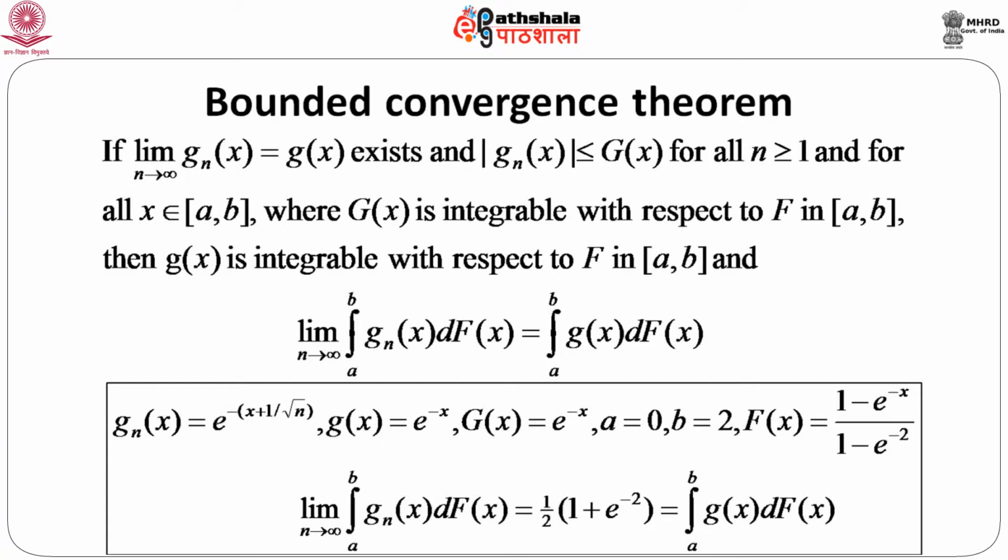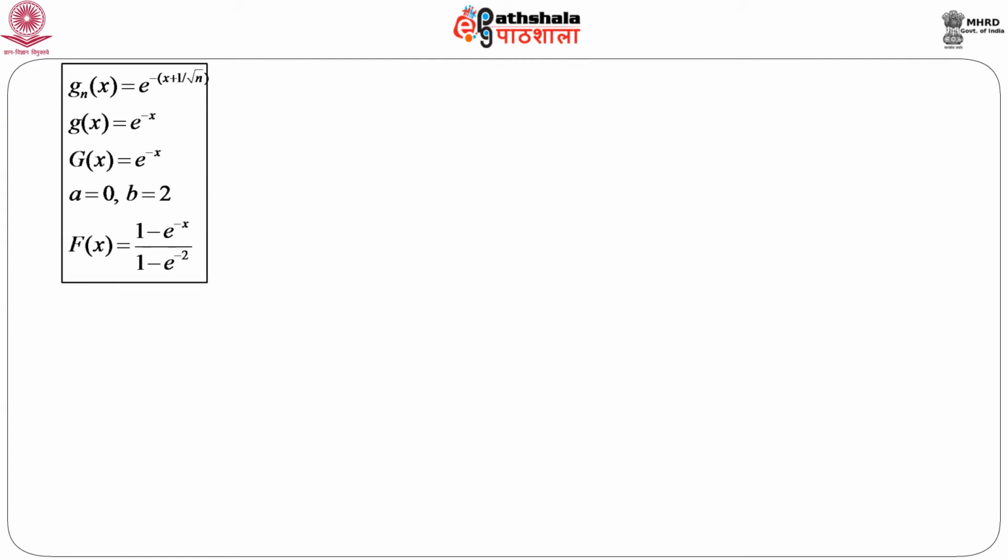So, mathematically, because these functions satisfy all the conditions of the bounded convergence theorem, naturally this should hold. Just by calculation, that means calculating the left hand side and also the right hand side, we see that these two are equal. Now, we will demonstrate this using some diagrams. So, this is our choice of g n x, g x, capital G x and so on,